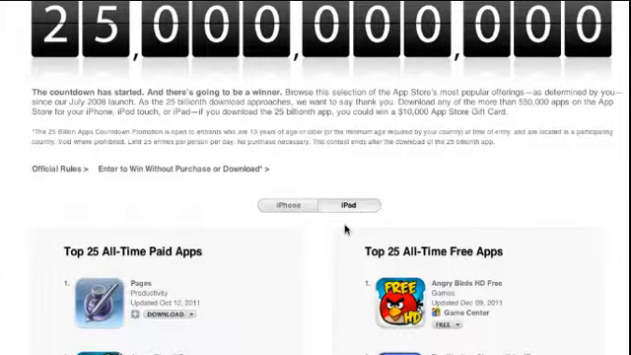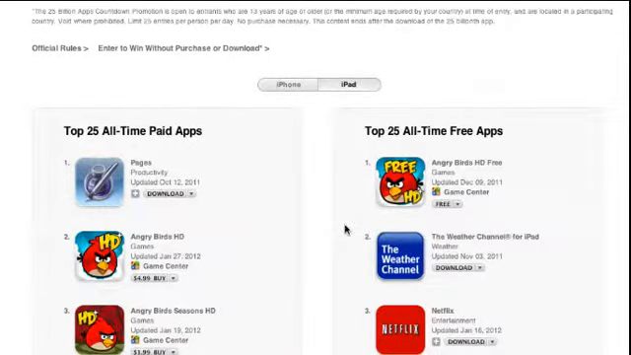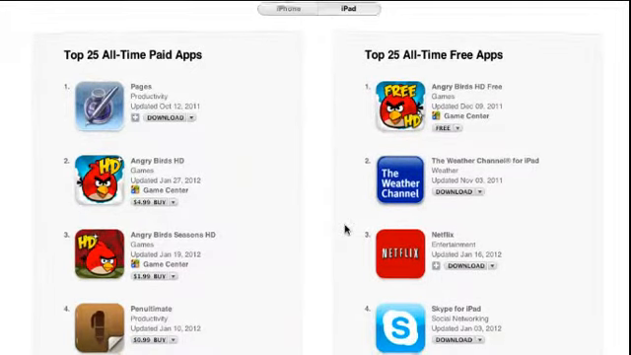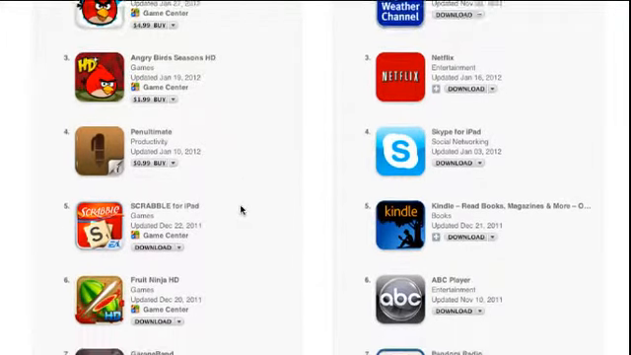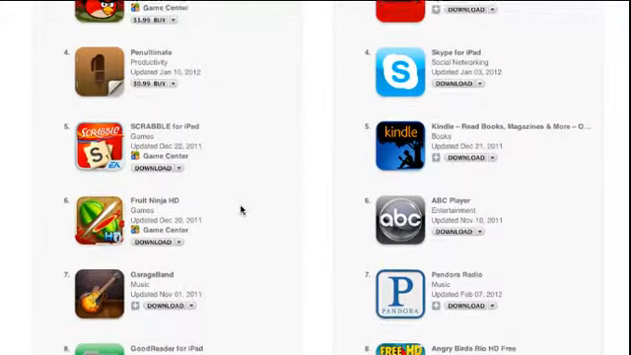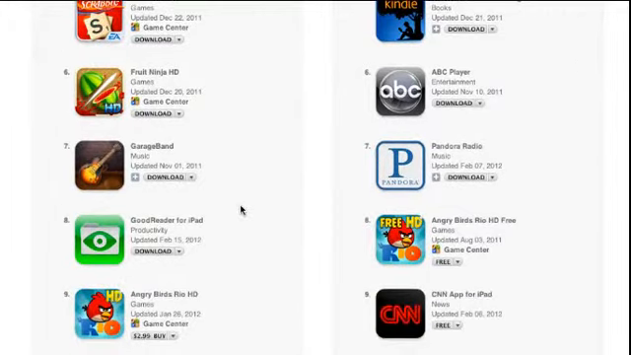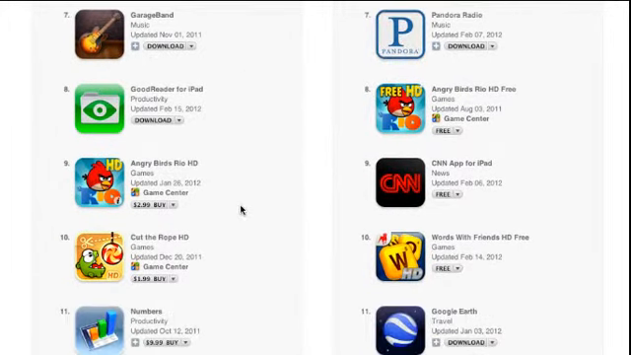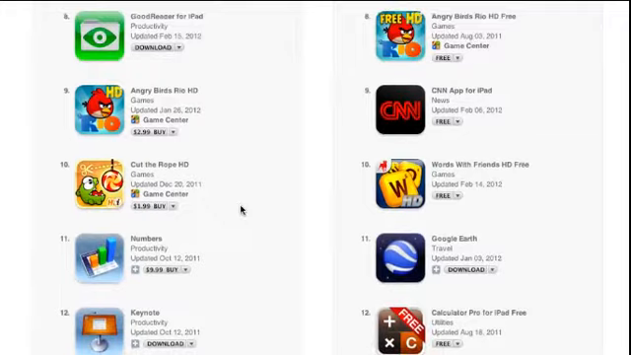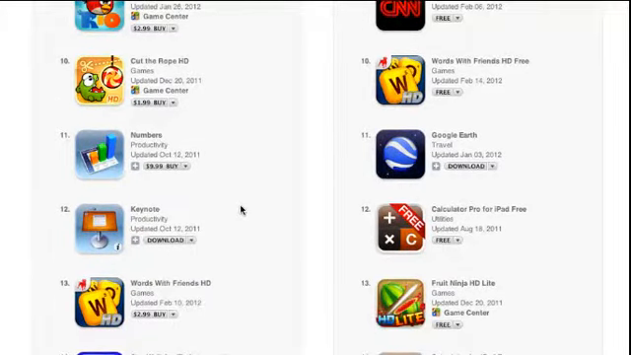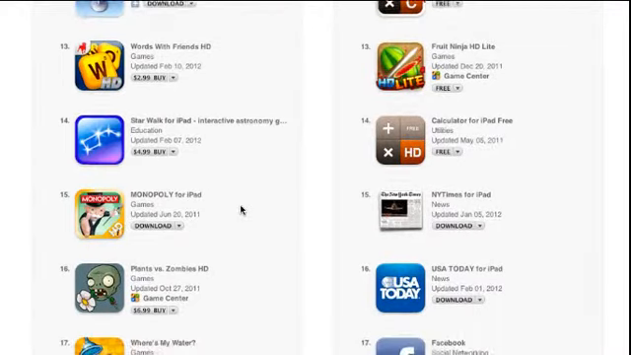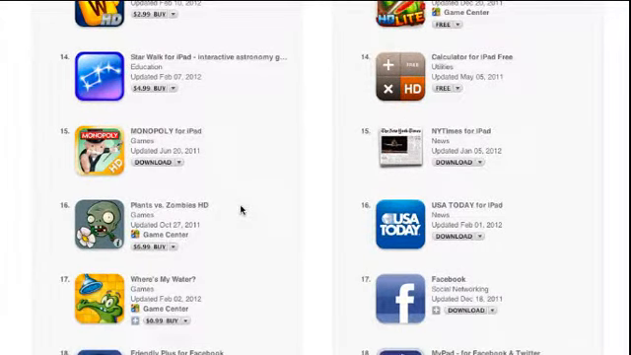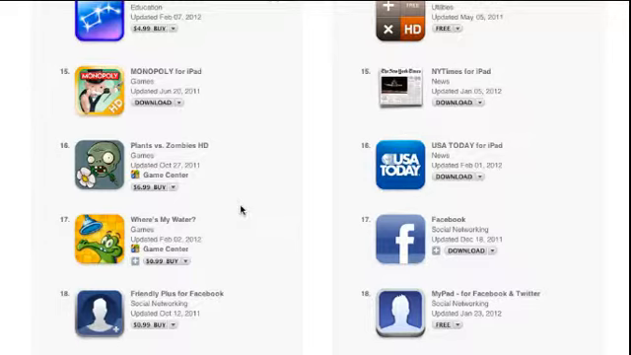This is for the iPad, the Pages app. And then Angry Birds High Definition, then Angry Birds Season HD, then Penultimate, which is the writing app, then Scrabble for iPad, then Fruit Ninja, then GarageBand, then Goodreader, then Angry Birds Rio HD, then Cut the Rope, then Numbers, then Keynote, then Words with Friends, and then Starwalk for iPad, which is the astronomy app, then Monopoly for iPad,